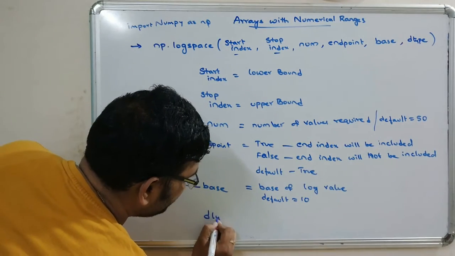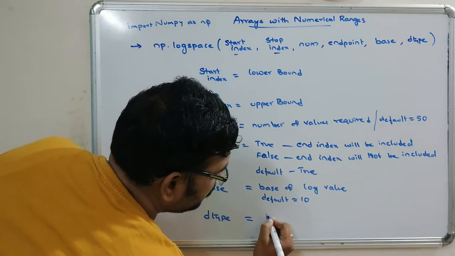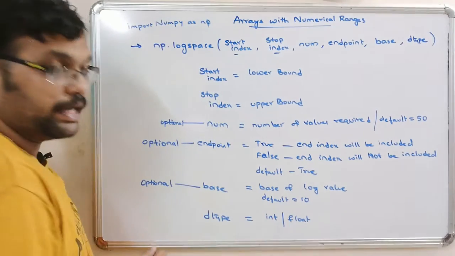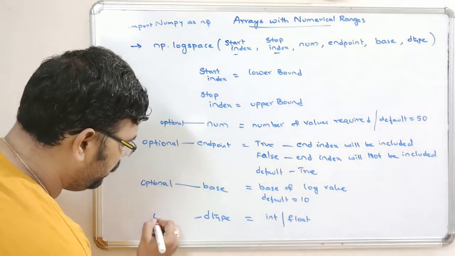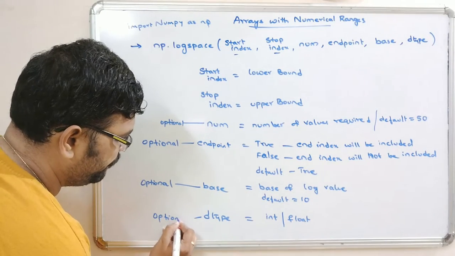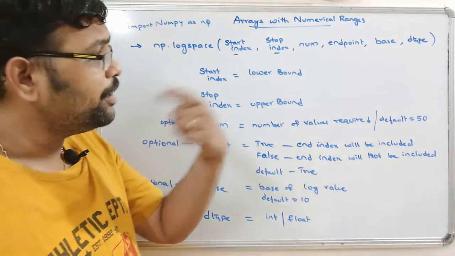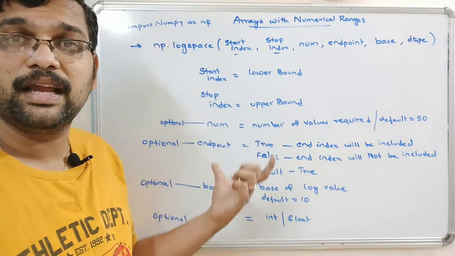And the last one is a dtype. Here we have to mention either int or float, the required data type in which we want to get the values, and this is also optional. Only one difference, when compared to Linspace and Logspace,